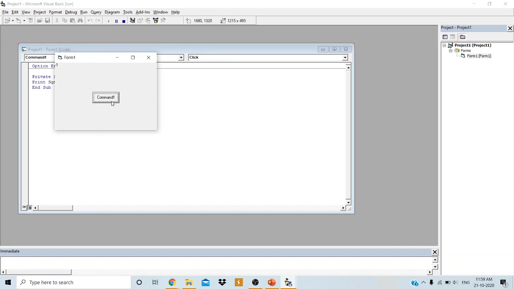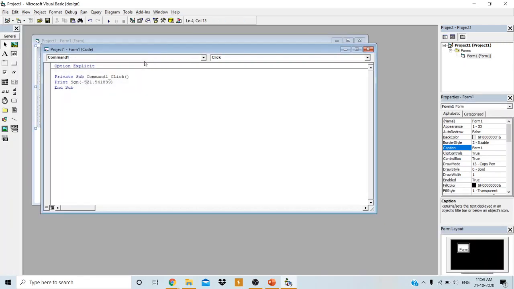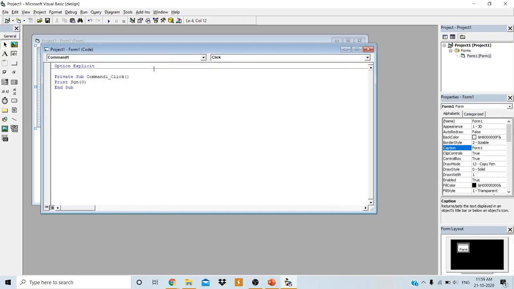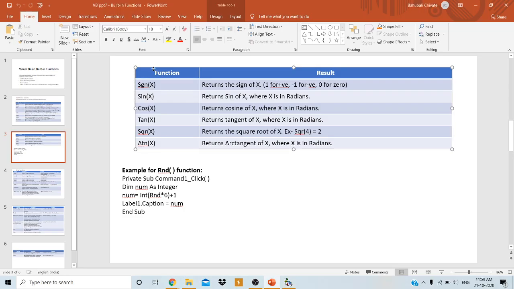What is it displaying now? -1. -1 means the given number is negative. If I just set it to 0, what will be the output? 0. This is to identify the sign of a number, whether the number is positive, negative, or 0.